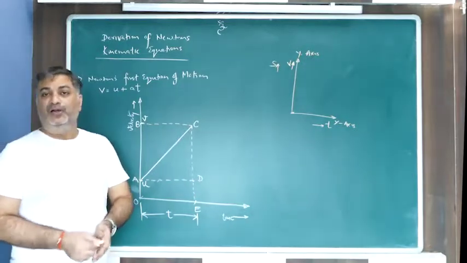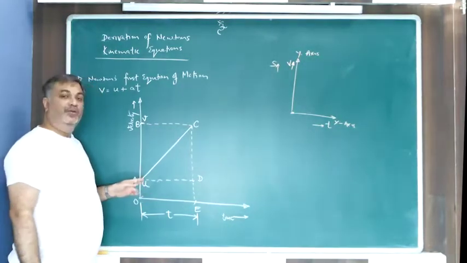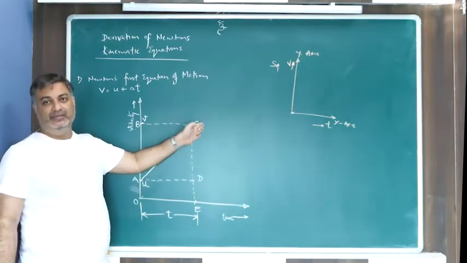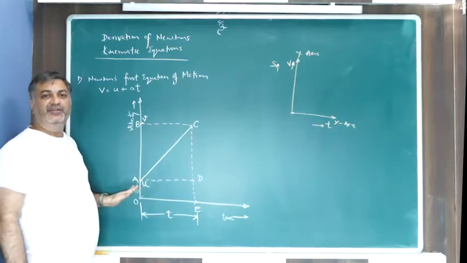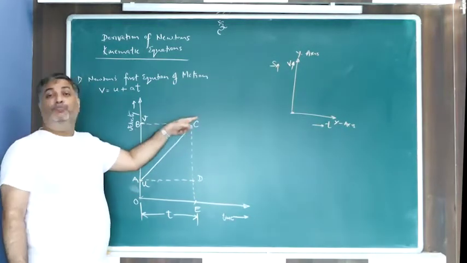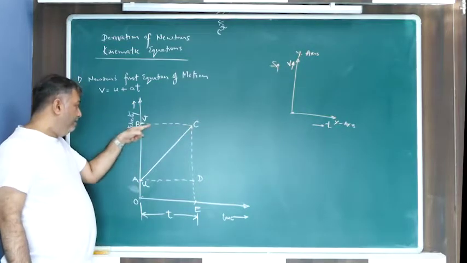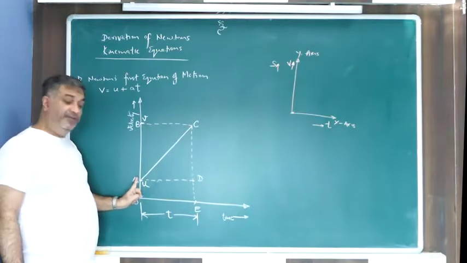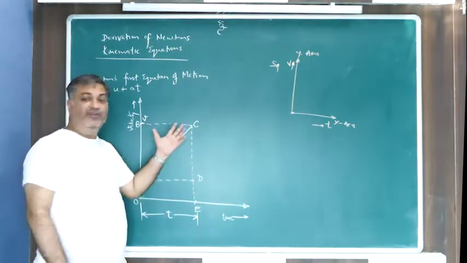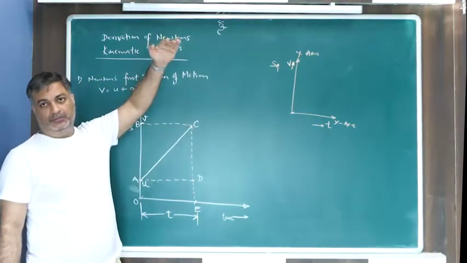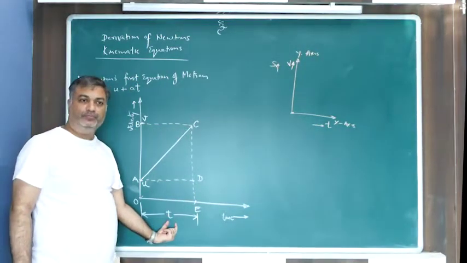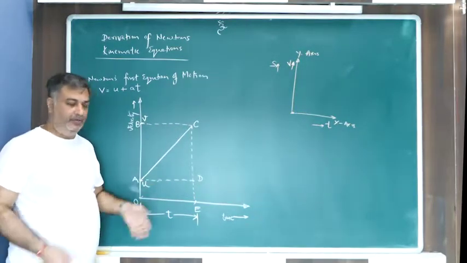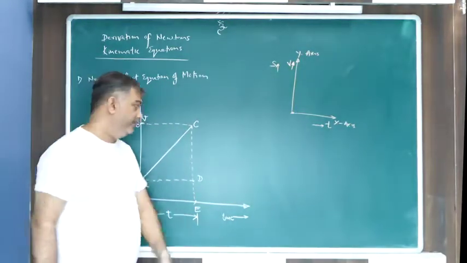So what have we got till now? We have understood that there is a body which started its motion from point A and reached point C. When it started at A, the initial velocity was u. When it reached point C, its velocity became v, which is the final velocity. The time in which it went from u to v is t. So this is what we know from the graph currently. Now let's go point by point.